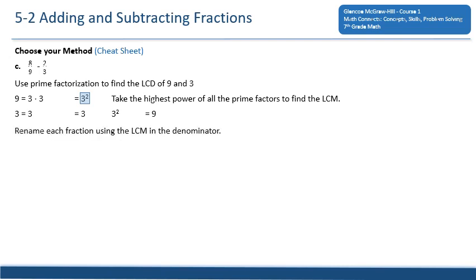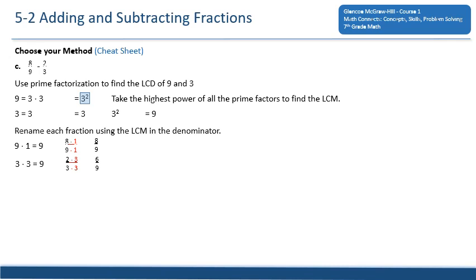Rename each fraction using the least common multiple in the denominator. So we don't have to do anything to 8/9 because 9 is already our least common denominator. But just to show that, we'll use the identity property, multiply times 1/1, get 8/9. And then to change 2/3 to an equivalent fraction that has 9 in the denominator, we're going to